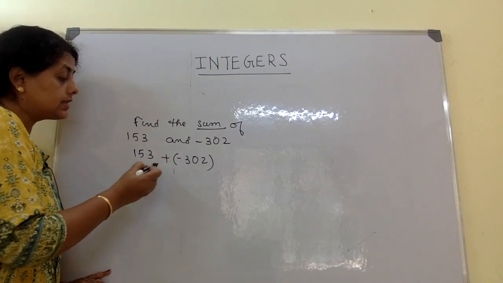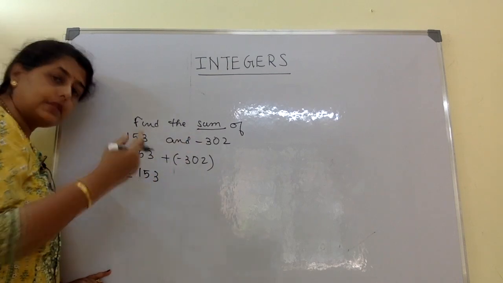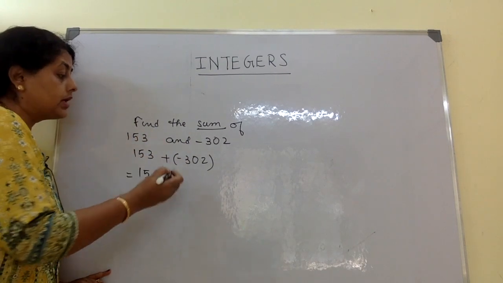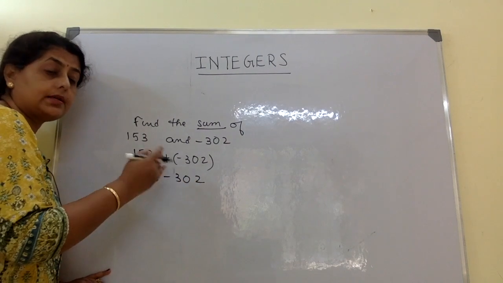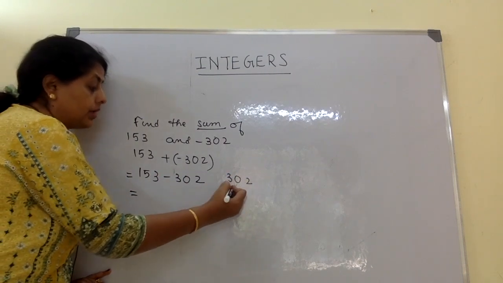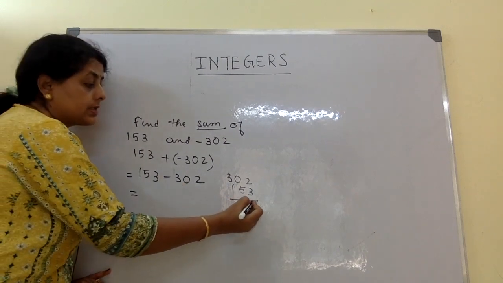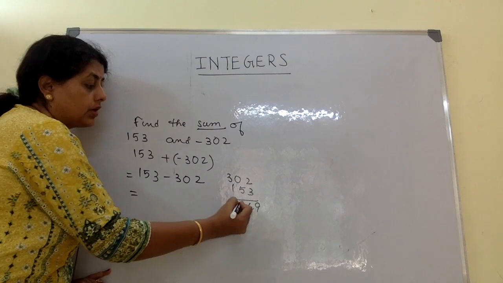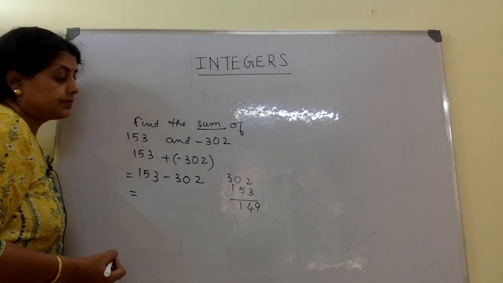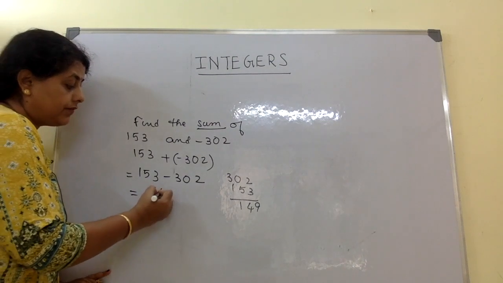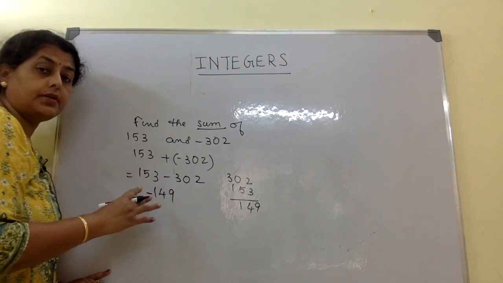So now this is 1, after that you put this plus sign following this and then follow whatever I have taught in the last few sums. So plus into minus is a minus. Now back to the same sum, as I said the concept is always the same. So it is 302 minus 153, I'll have to find the difference, subtract, okay. So this is 149, okay. So 149 I wrote. Now time to decide on the sign. I'll take the sign of the number bigger in magnitude.